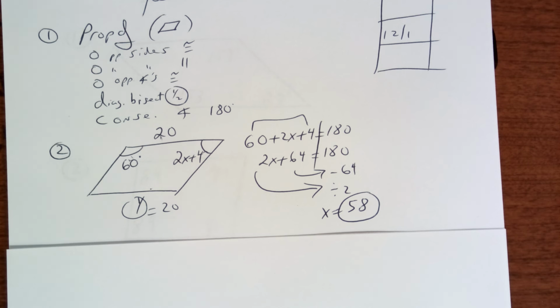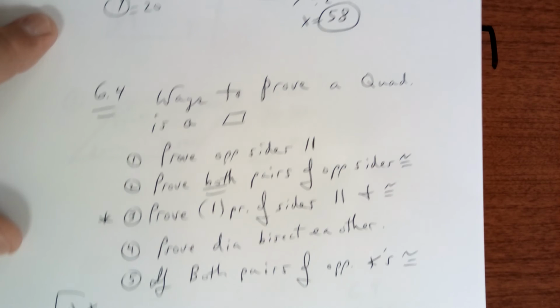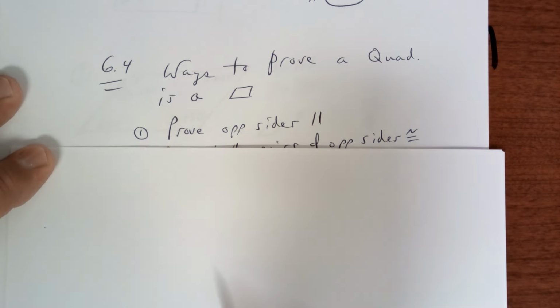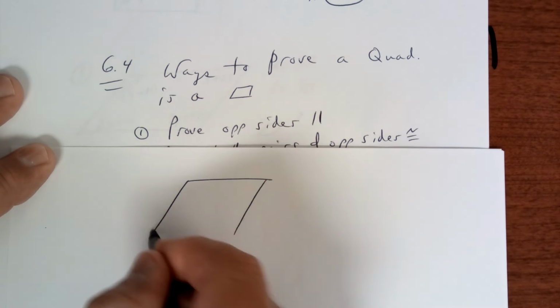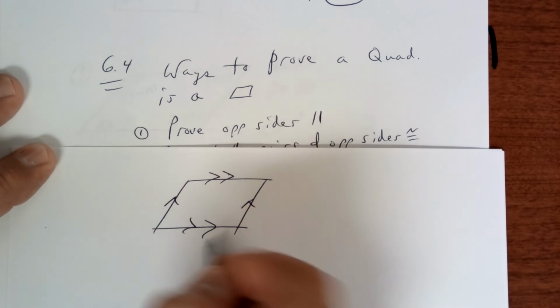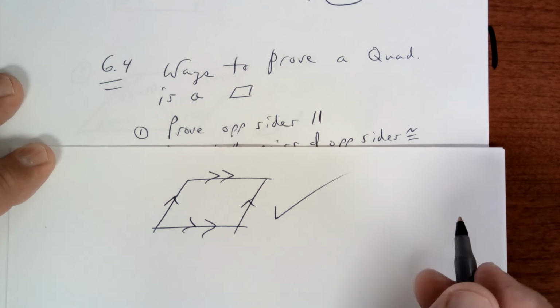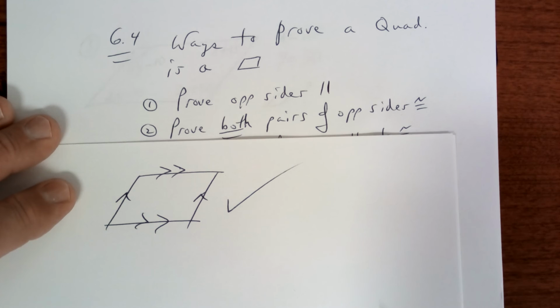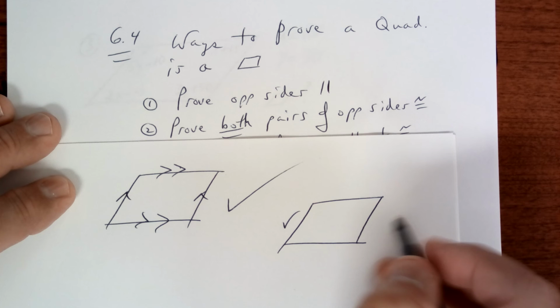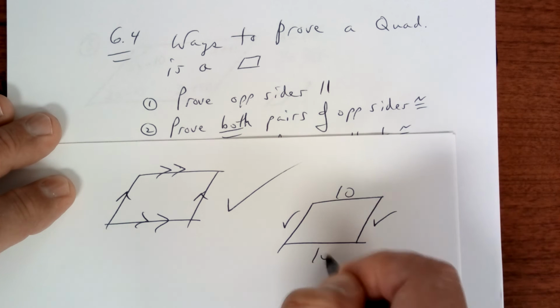We're going on to a new section here. So copy this down right here. There are ways to prove a quadrilateral is a parallelogram, and there's 5 of them. Number 1 is if you can show that opposite sides are parallel. So if you can show that these sides here are parallel, bam, it's a parallelogram. Number 2, if you can show that both pairs of opposite sides are congruent. So if this one is congruent to this one and this one is congruent to this one, then bam, it's